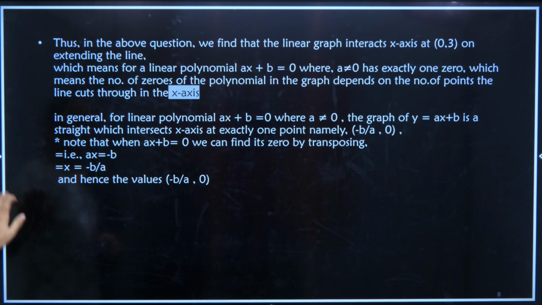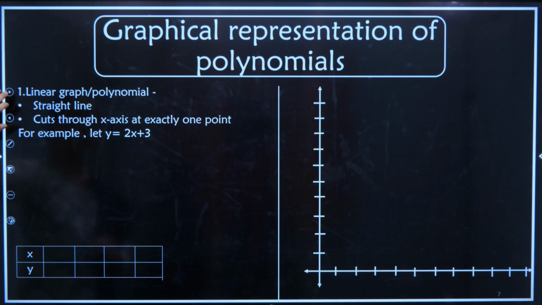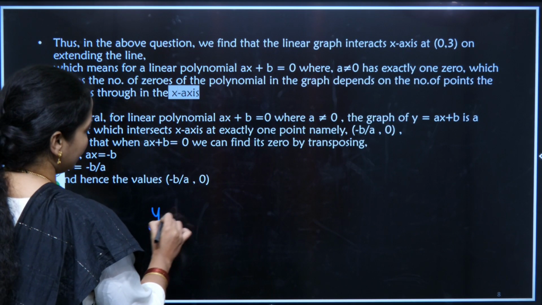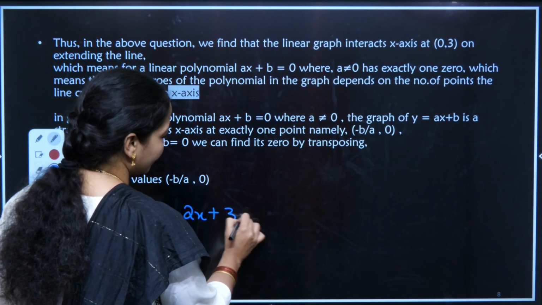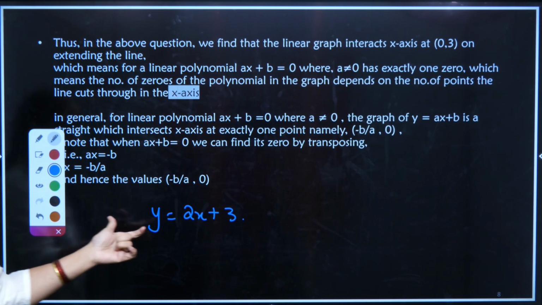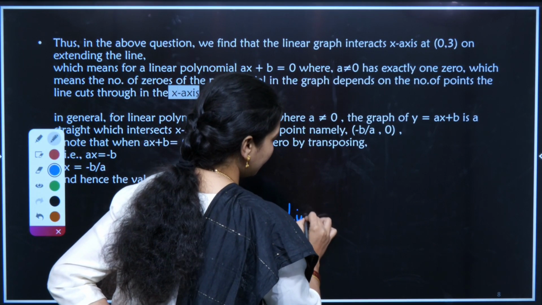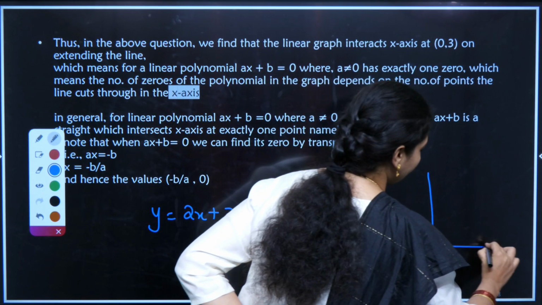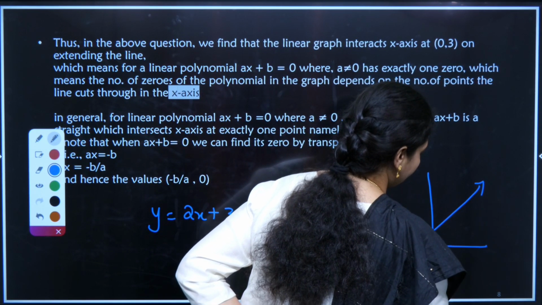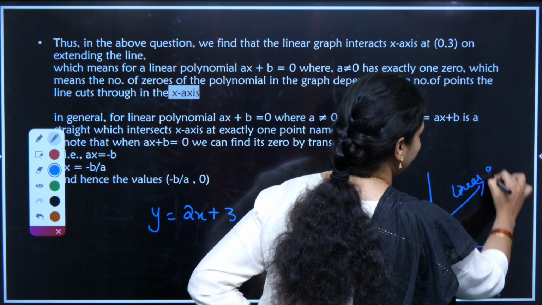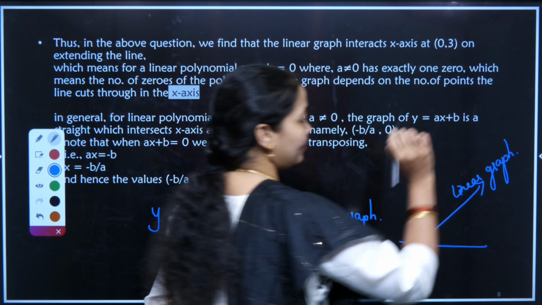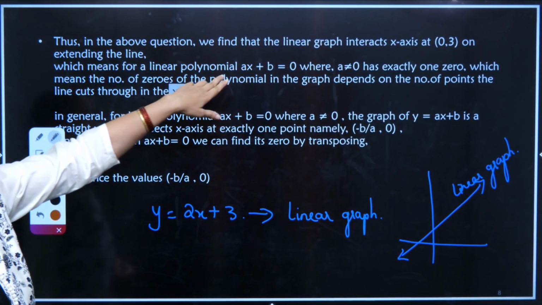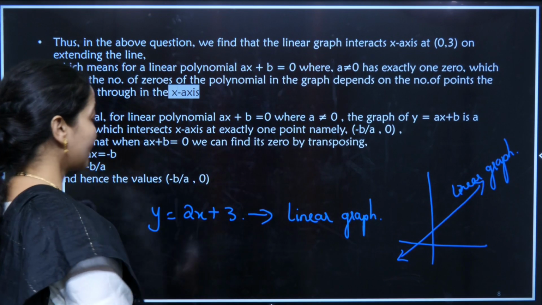In this equation we had y equal to 2x plus 3. So we can find this as a linear graph. I taught you what is a linear graph, right? The linear graph is a graph in which the nature of the graph is a straight line like this. This is a linear graph. When we are able to see the nature of the graph as linear, then it means that the linear polynomial ax plus b, when equated to 0, I am equating this